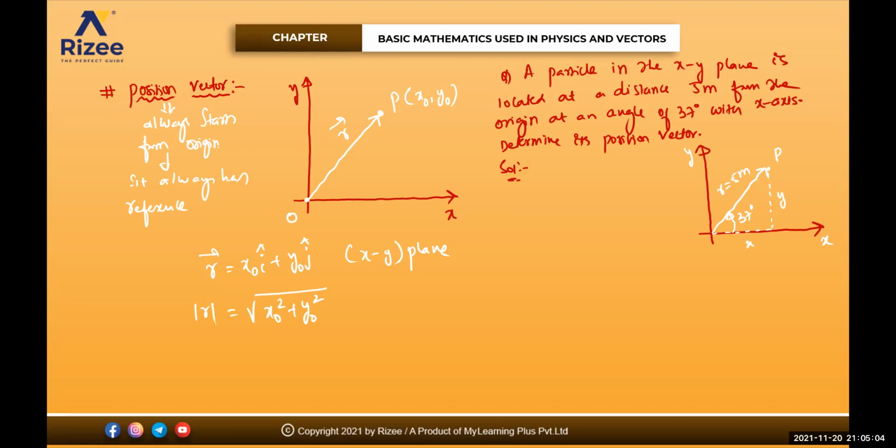Okay. So obviously x-axis is how much, beta? Can anyone tell me? X will be equal to r into cos 37. Very good. R value is 5. Cos 37 is 4 by 5. 5 and 5 will get cancelled. X value is 4 meter. What is y value beta? Y value is r into sin 37. R value is 5, into 3 by 5. So this will be 3 meters. So y will be equal to 3 meters. Therefore, position vector will be, mute yourself beta. Mute yourself. Yeah. X i cap plus y j cap.